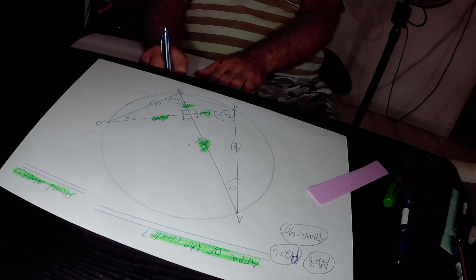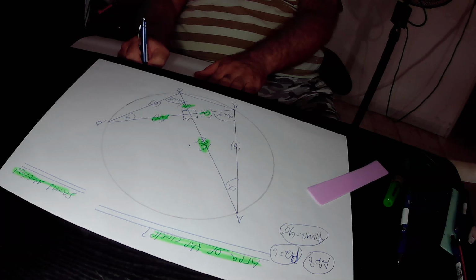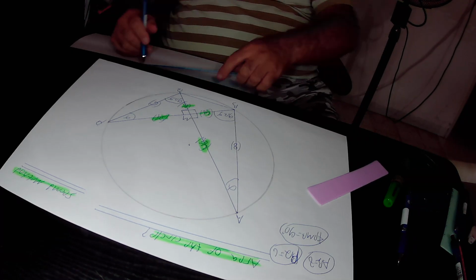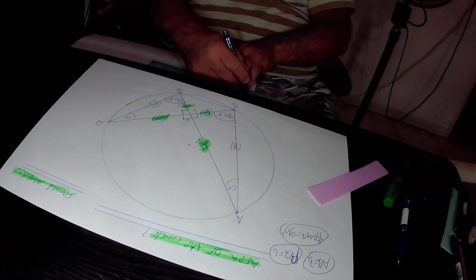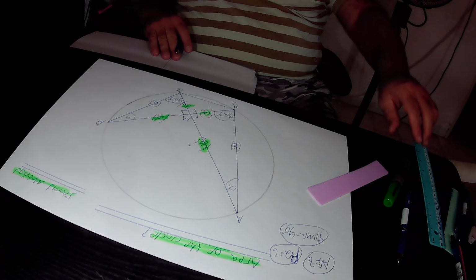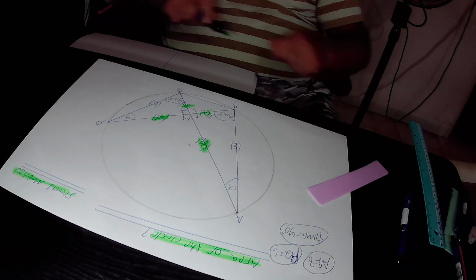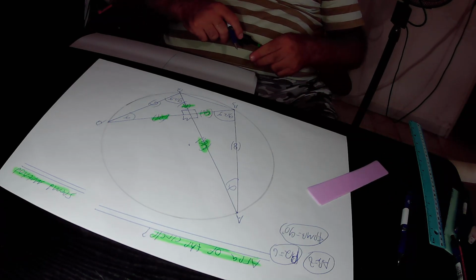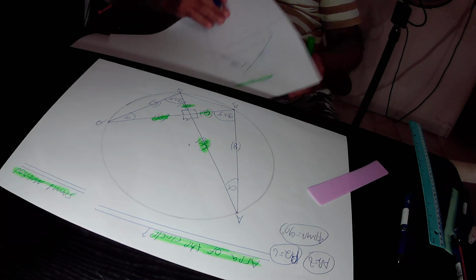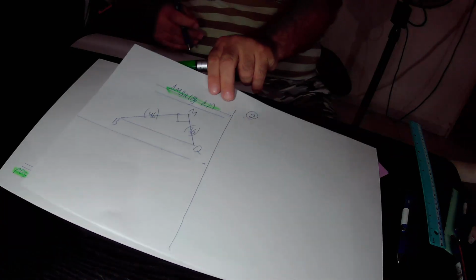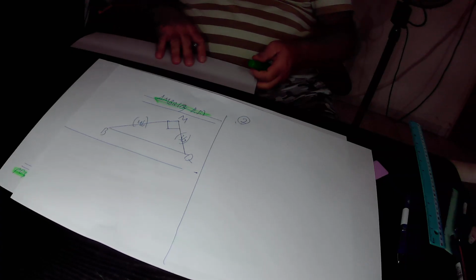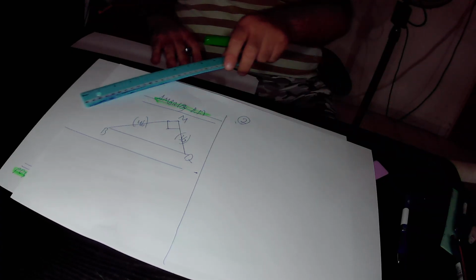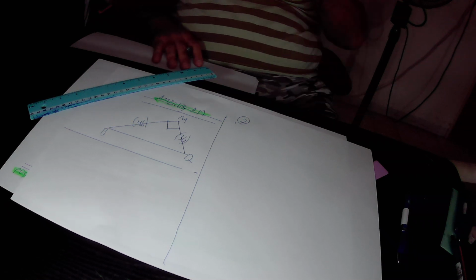So actually, this is the right triangle MBQ that is coming from the original drawing. This right triangle MBQ, according to the Pythagoras theorem,